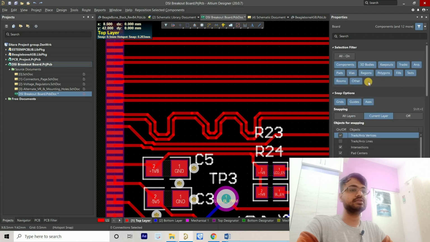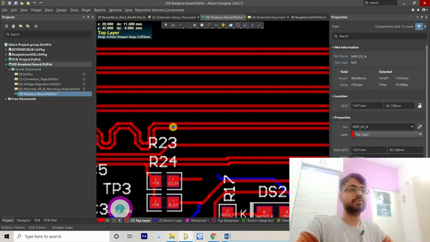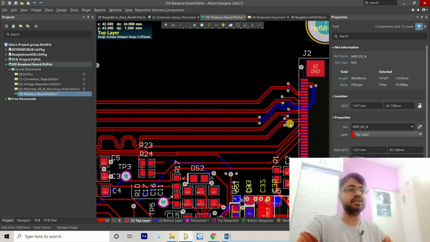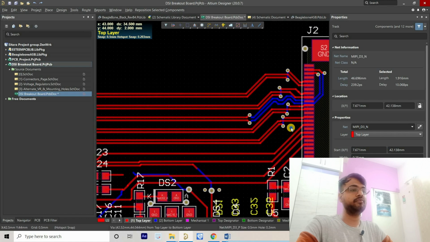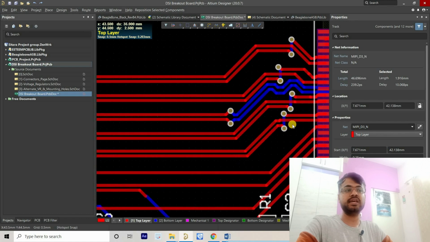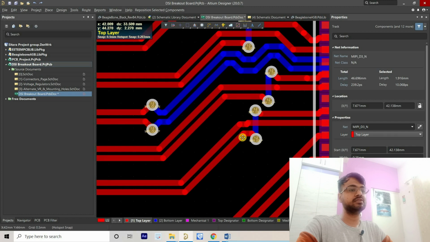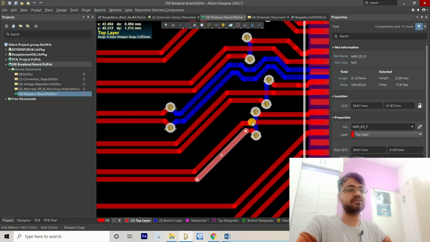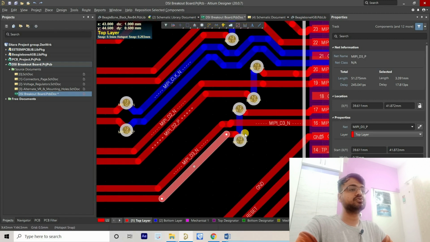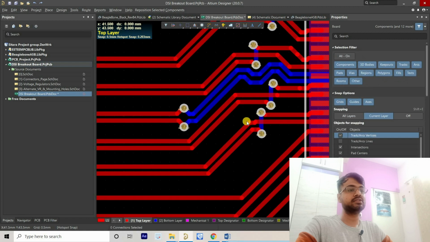And another track is 46 mm. Its length is less here because in this section, this one track has extra length on the bottom layer, right? So we have to add the length in this section only, right?